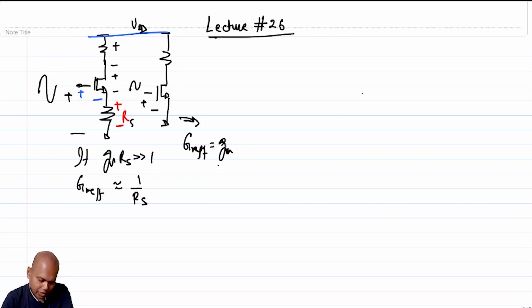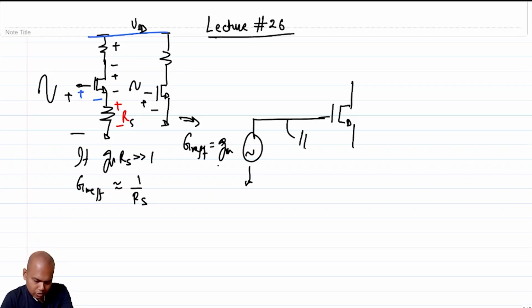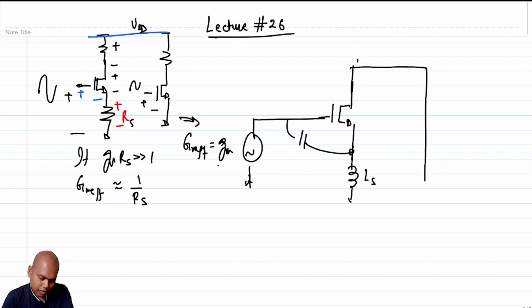So again, what is the narrowband LNA? If you look at the narrowband LNA, what did you have? We have this here. I am not showing the LG. So you have this CGS and we have this LS, right? And then you have all sorts of load. Maybe you can have a tuned load, maybe you have an inductive load. Let's not bother about that. Let's only bother about the distortion in the current,